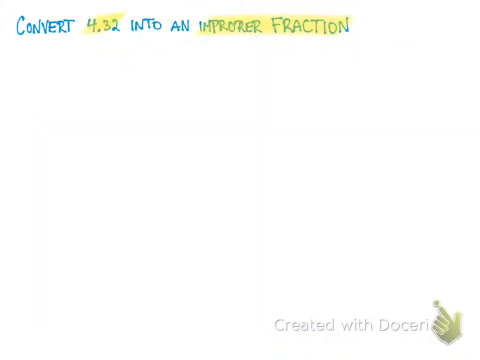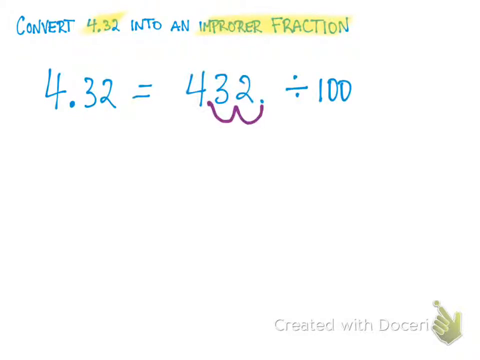Now let's convert 4.32 into an improper fraction. Improper fractions are when the numerator, the top number, is bigger than the bottom number called the denominator. So how do we convert 4.32 into an improper fraction? Well, 4.32 is the same thing as